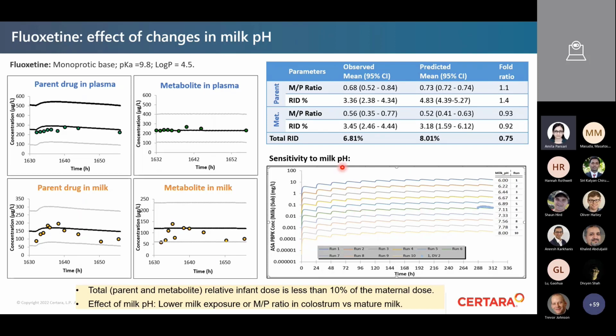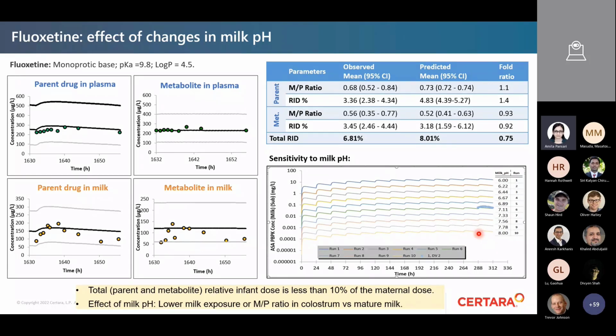All the dynamic utilizing the sensitivity analysis taken into account within the model allows you to incorporate pH and see the changes, considering different milk pH from 6 to 8. This is the dynamic lactation model, but it's just to see how much change you will see in the milk exposure with the different pH. We looked into the pregnancy and lactation model and overall capabilities in the prediction for the